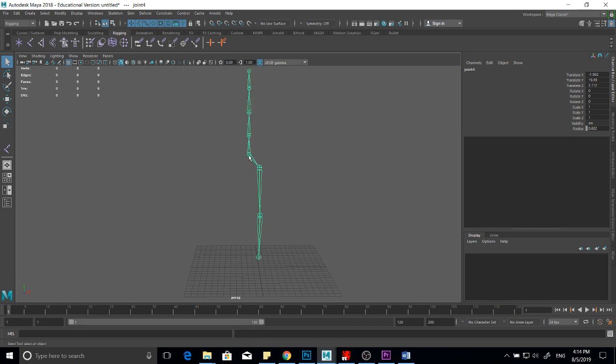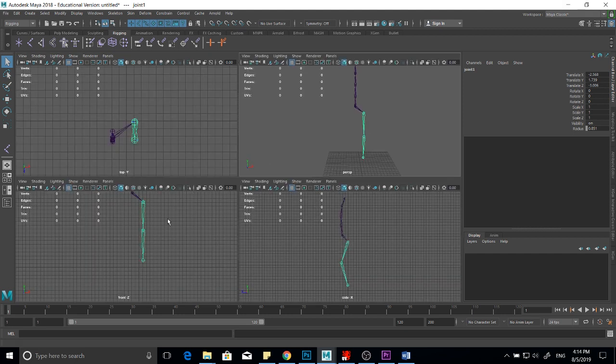Now, if you select the root joint, the spine root, it will select the spine as well as the leg because the spine root is the root of the entire skeleton. So I'm going to move this to the side just a little. Now we set up